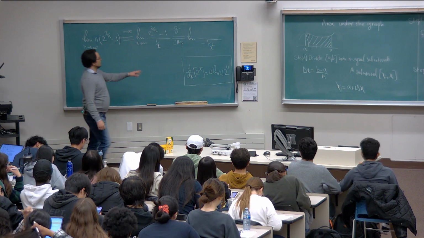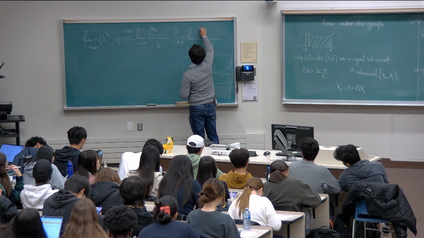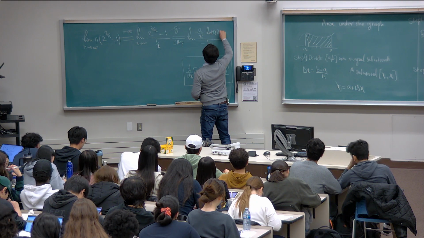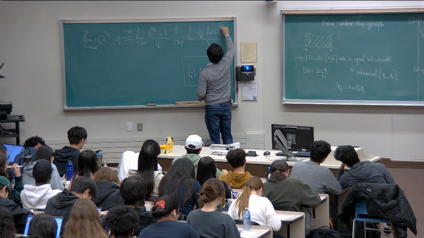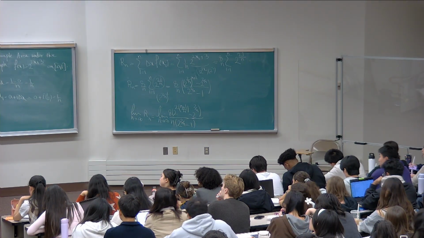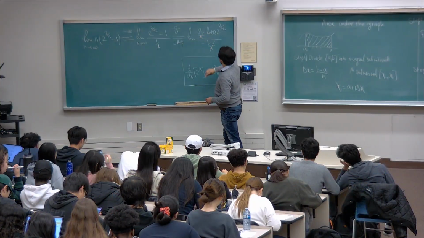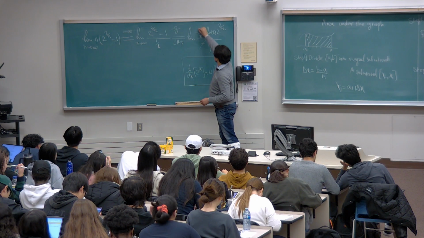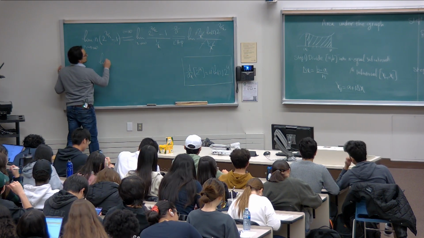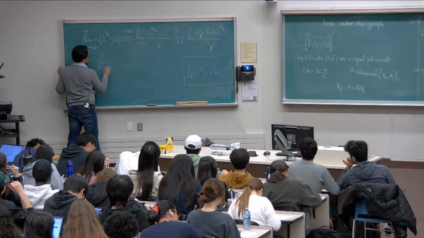In this case, this is negative 2 over x squared, ln 2, times 2 to the power 2 over x. I can cancel this with that. The negative sign goes away, and I do get limit as x goes to infinity,